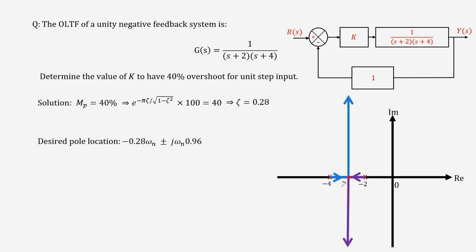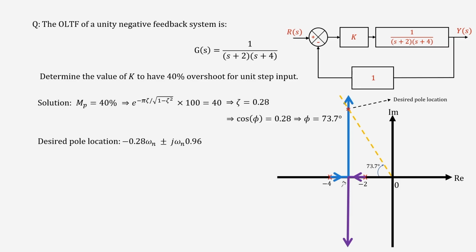The software can always do that, but once you get the intuition, it will become helpful. You will see how the intuitions will help. Now, for this root locus I need zeta equal to 0.28, but how do I get to 0.28 on the complex plane? You know that zeta equal to 0.28 is just a line from the origin. If you find the angle, the angle will be 73.7 degrees, because zeta is cos phi, so phi equals 73.7